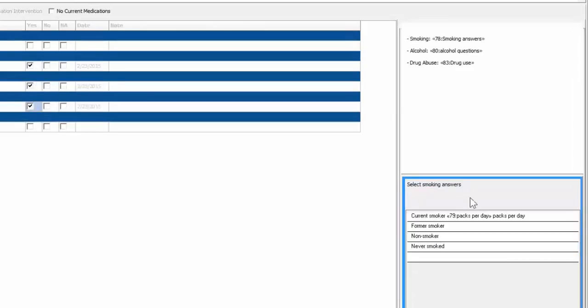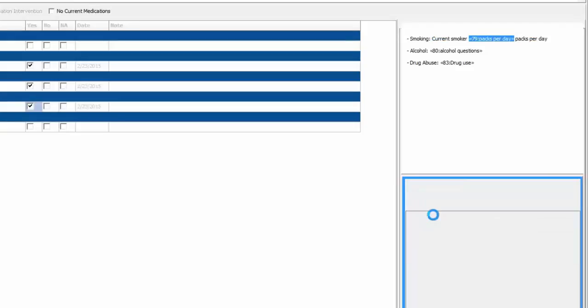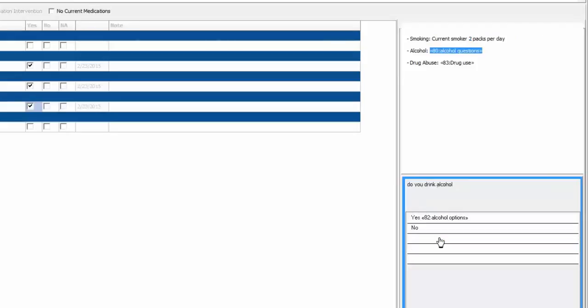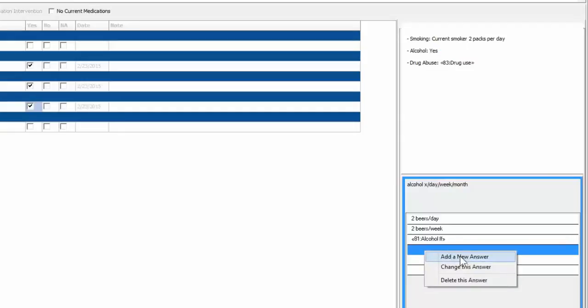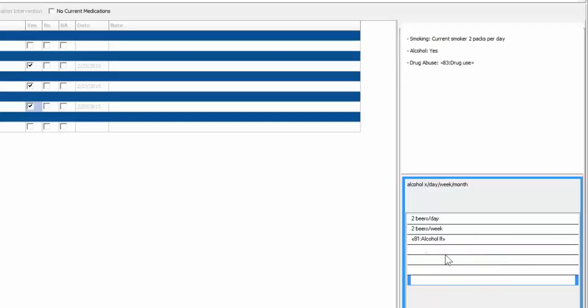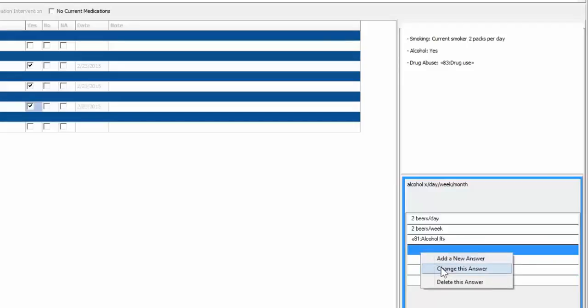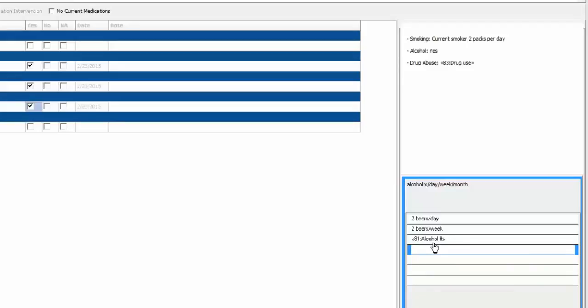Next, let's drop into the social history. Let's say the patient has some smoking. I guess this is a former smoker, but if we wanted to choose current smoker, we could choose packs per day. With alcohol, we can automatically drop into different options for alcohol. Depending on where you're at, there might be different trends or cultural norms. Let's say that we're in Wine Valley. I'll add another item on to this list. We'll put in